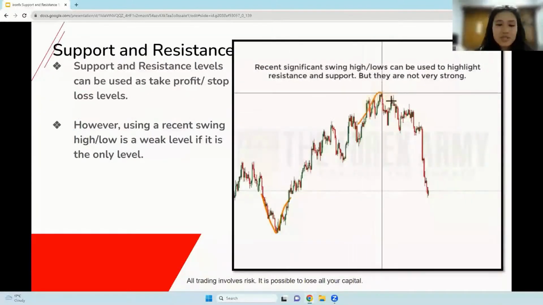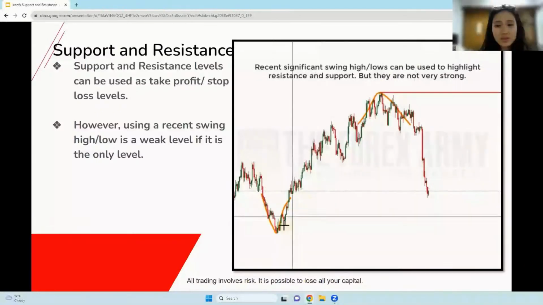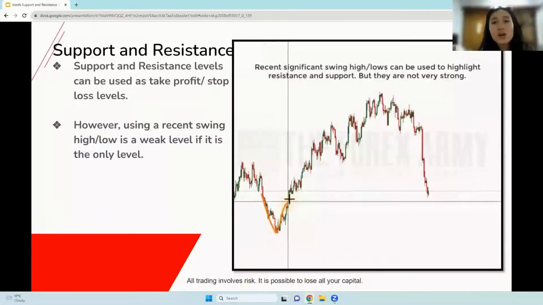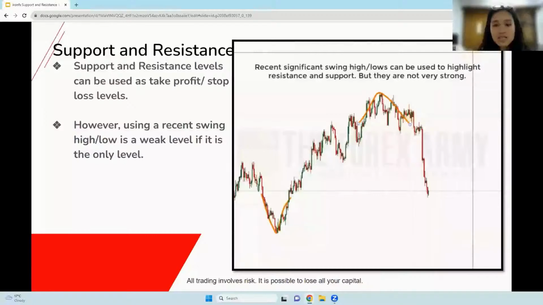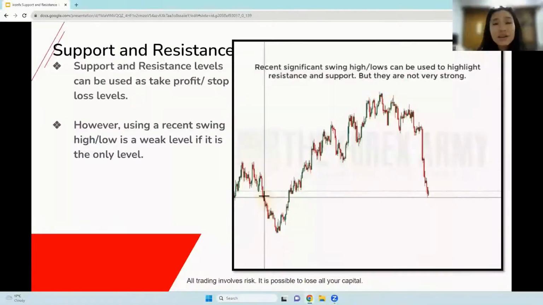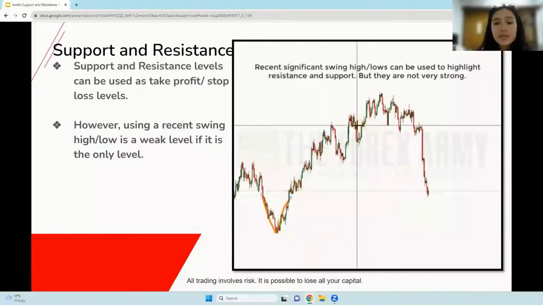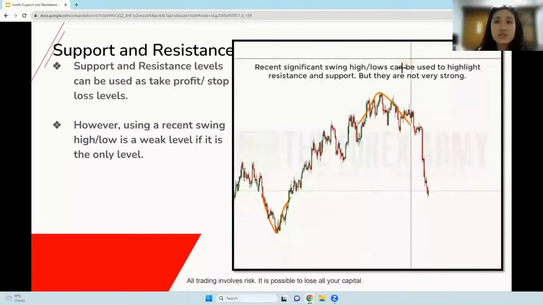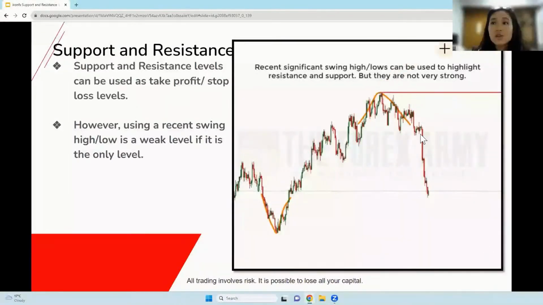So support and resistance, you can use these levels as take profit and stop loss levels. But you should not use it as an entry if there are no other supporting arguments, such as Fibonacci or other graphical levels to support your analysis. Using a recent swing high or a recent swing low is typically considered a weak level if it's just that level alone. So you can see in this GIF here, the recent swing high and lows